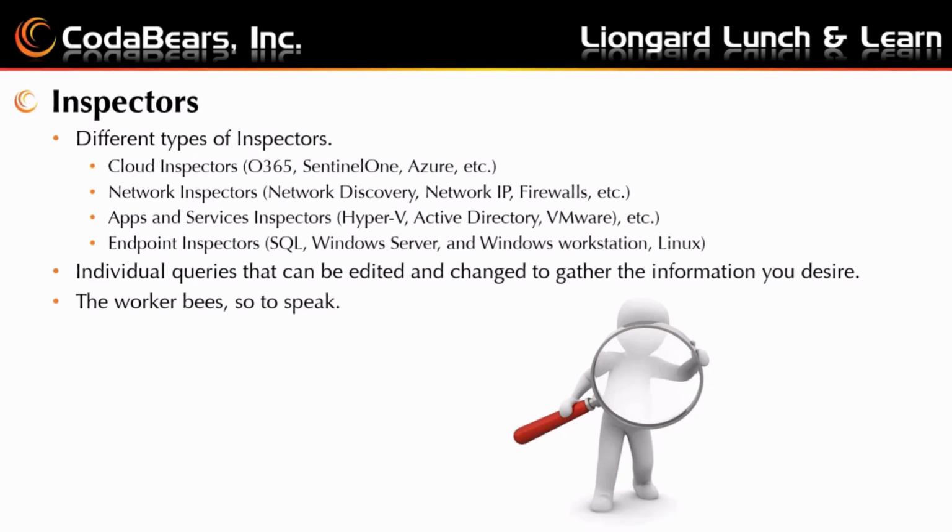The apps and services inspectors will go through your Hyper-V, your Active Directory, VMware. They'll let you know of any changes with those users, those hard disks, those virtual disks. And endpoint inspectors help manage your SQL servers, your Windows servers, any workstations, as well as Linux devices. These let you know when a database changes in a SQL server, if a workstation's IP changes for whatever reason,